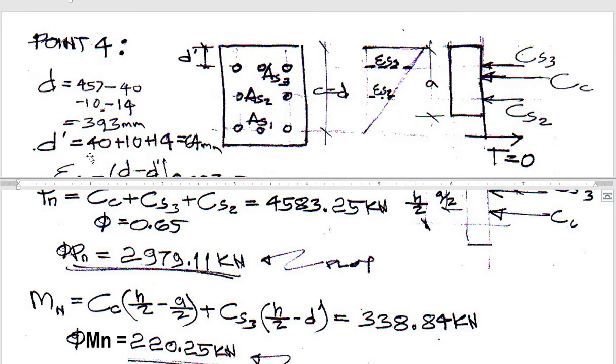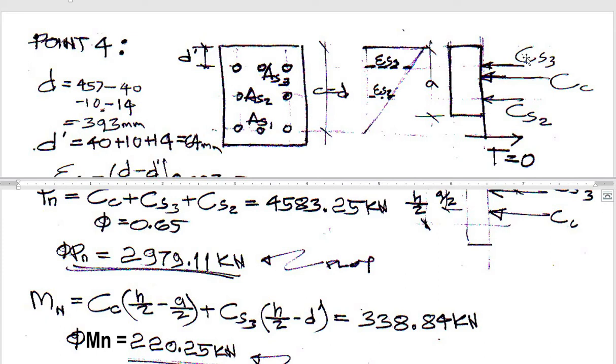Your nominal moment, taking moments at the center of your column, or that is at h over 2. Okay, so unahin natin si compression concrete. Ang lever arm ni compression concrete would be h over 2 minus a over 2. Sometimes you have to check if compression concrete is below your h over 2. Kapag compression concrete is below h over 2, then that becomes now